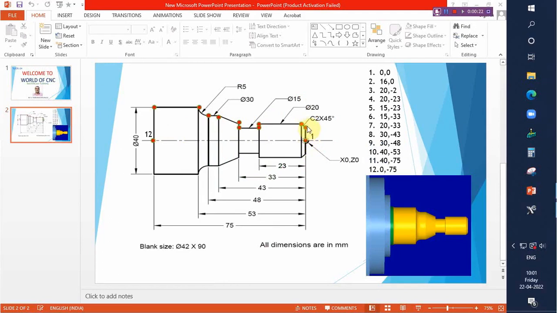That chamfering value will be C2 into 45. C2 means this distance will be 2 mm. If it is a 45 degree, this small height also the same 2 mm. So top side 2 mm, bottom side 2 mm. We need to reduce from this major diameter of 20. We will get the minimum diameter of 16. So that we will get 16, 0 as the second point, and the next point will be 20, minus 2,